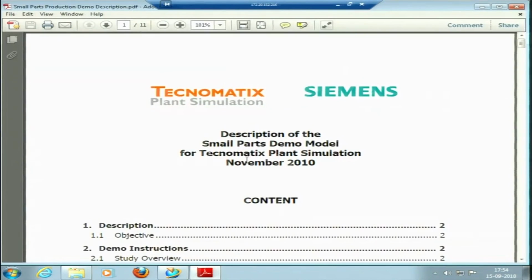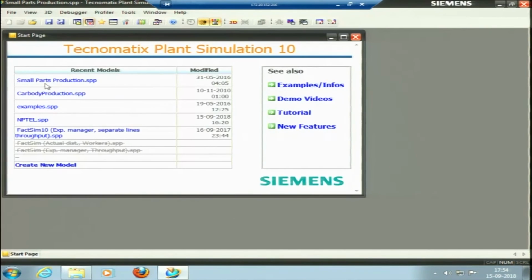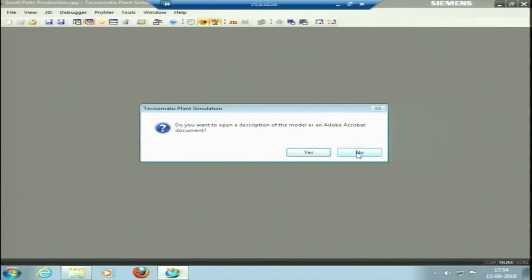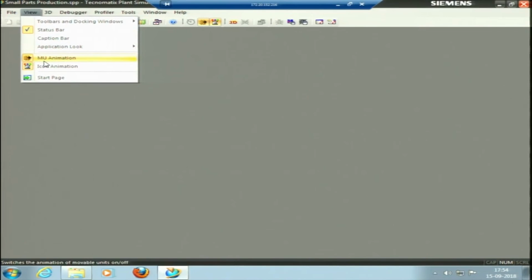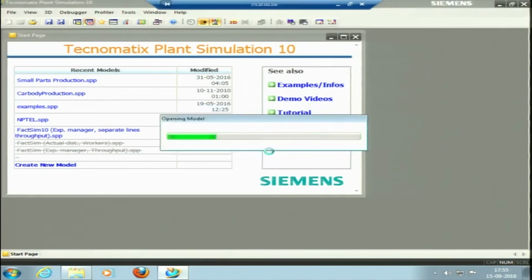The small parts production has opened a document, but the model is not there. No worries, we will make another model and show you other examples. Let me open this model.